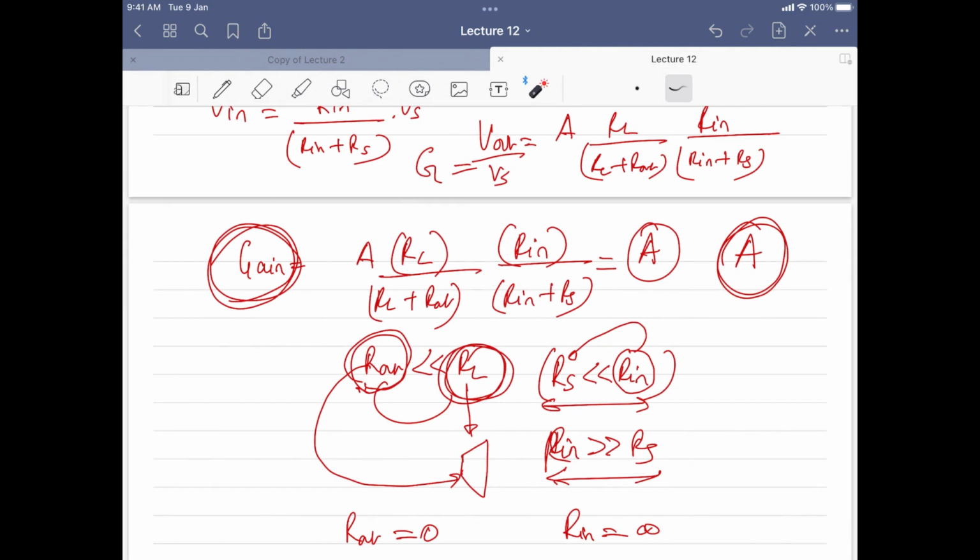Yes, yes. So in place of that, we can make R out the same as R load. If you make R out the same as R load, will that not be A by 2? Yes, sir, that's what I'm telling. But instead of A, can we take like 4A? No, why will you do that? Because you are putting R out as R load, your gain is reduced by 2, right? Yes. We want only A. Right now it will be A by 2. We do not want to halve the gain. We want to keep it as A itself.